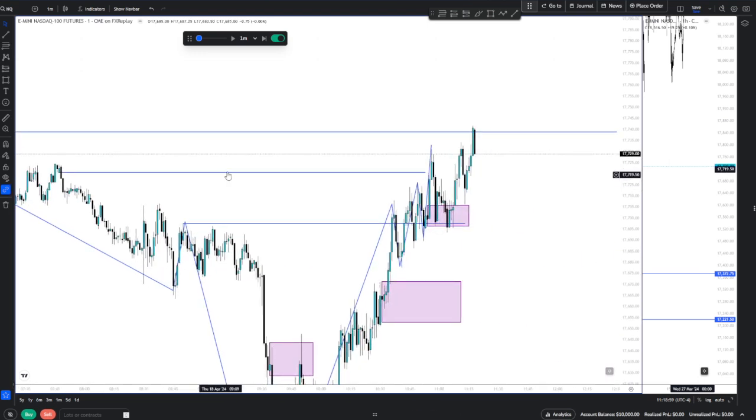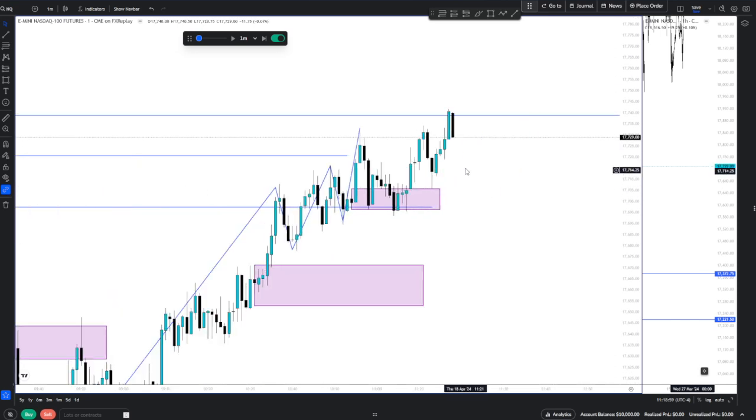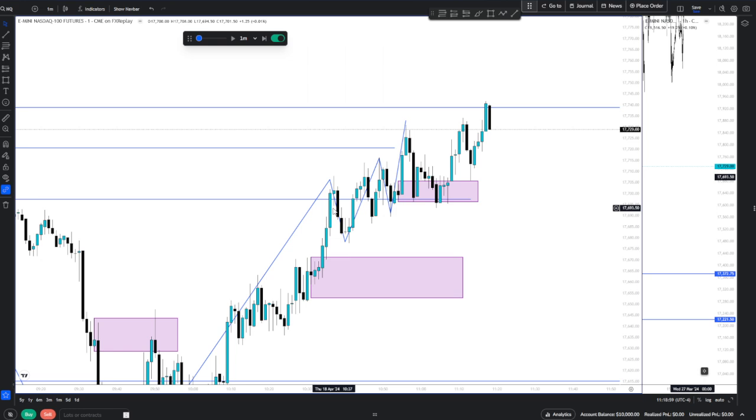So now I would be okay with looking for a potential short if we got a market structure shift to the downside. Also because we've already had one swing up, two swings up, three swings up. There's no market structure shift here. We never closed below this low. So you're already at four swings up. So we'll see if we get